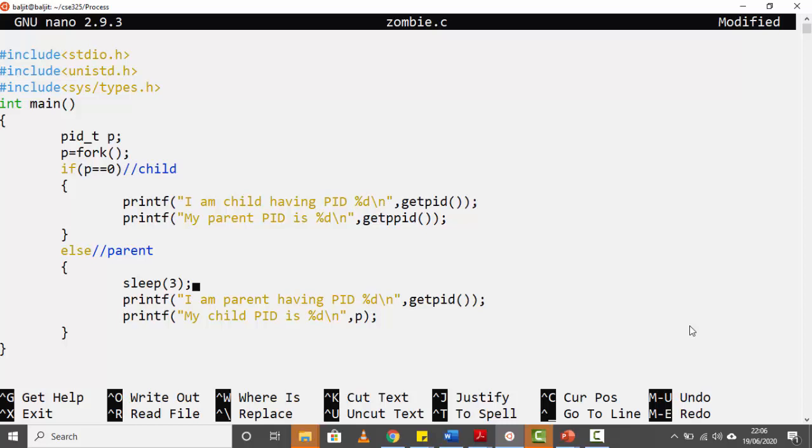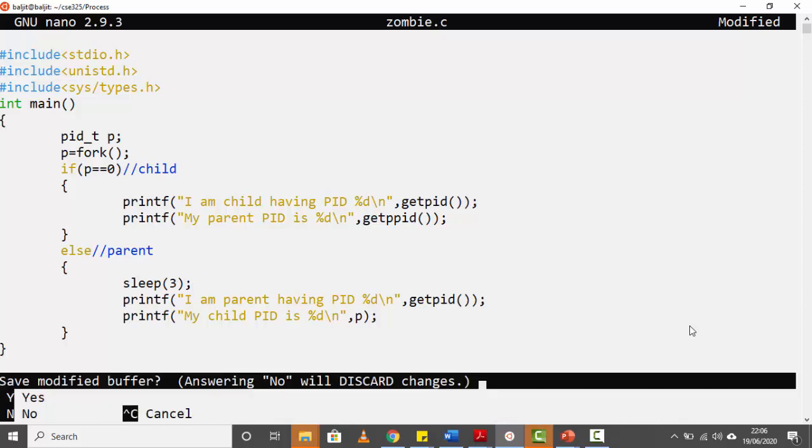Make sure that you execute the ps command after the child finishes and before the parent starts. If in the output you still see the PID of the child process, this means that the entry of the child process exists even after the process is terminated. You will also see an entry with the name defunct. That entry is the zombie process entry. Okay, so we'll see how it works.